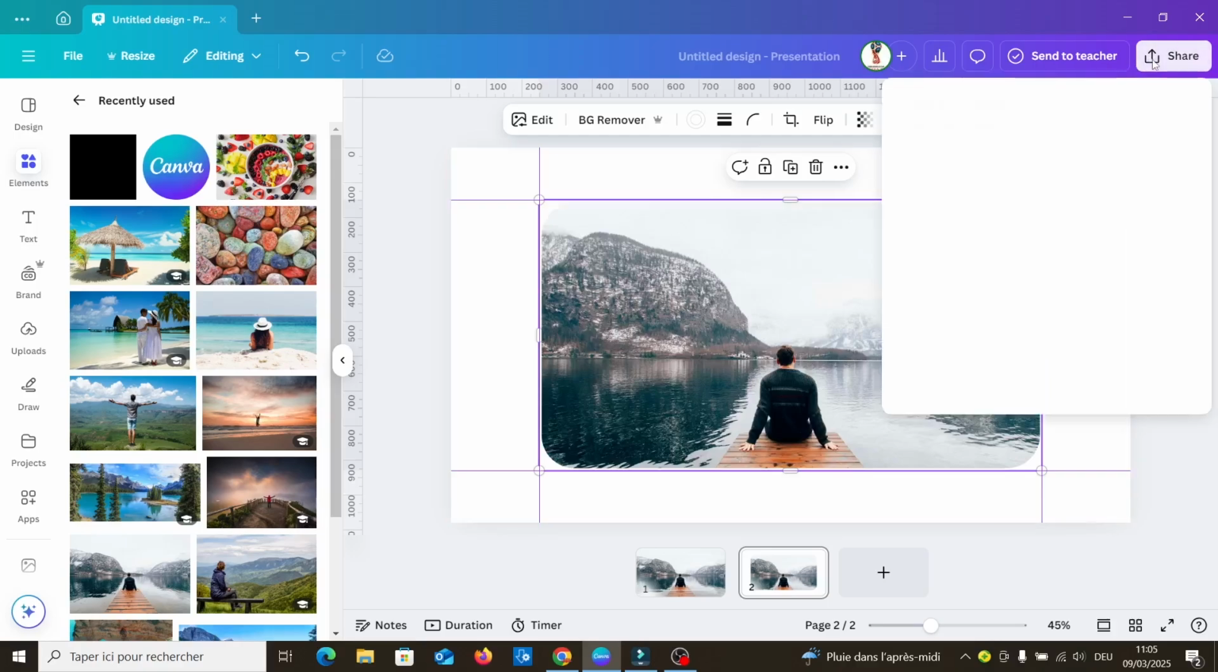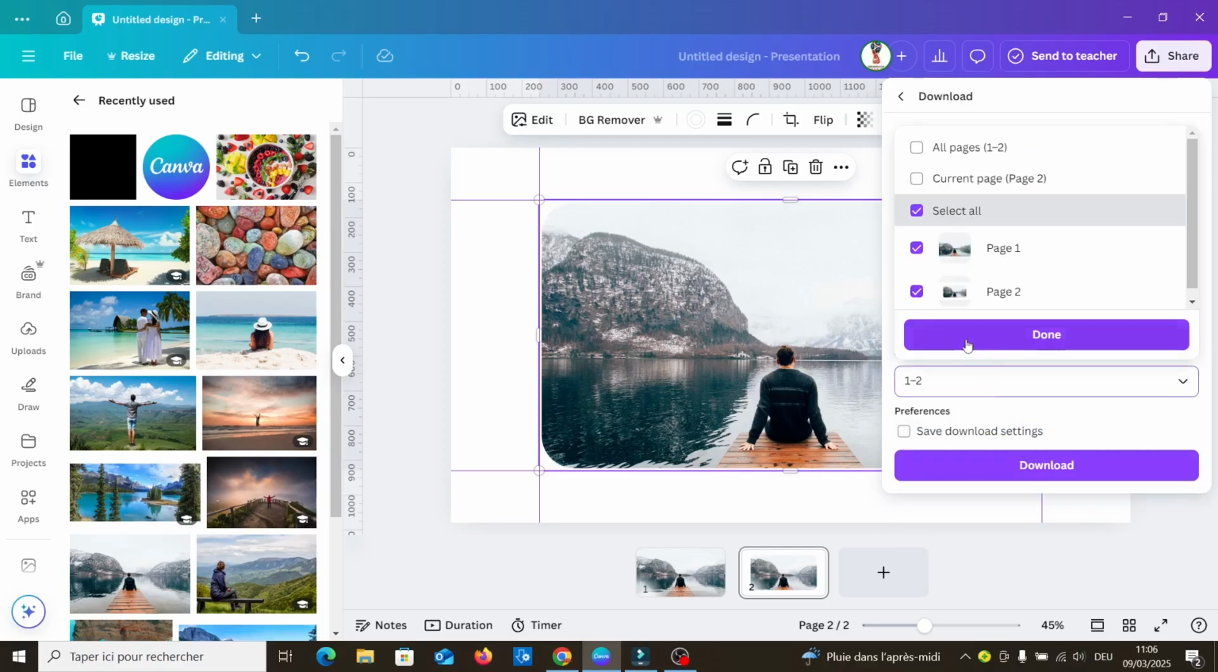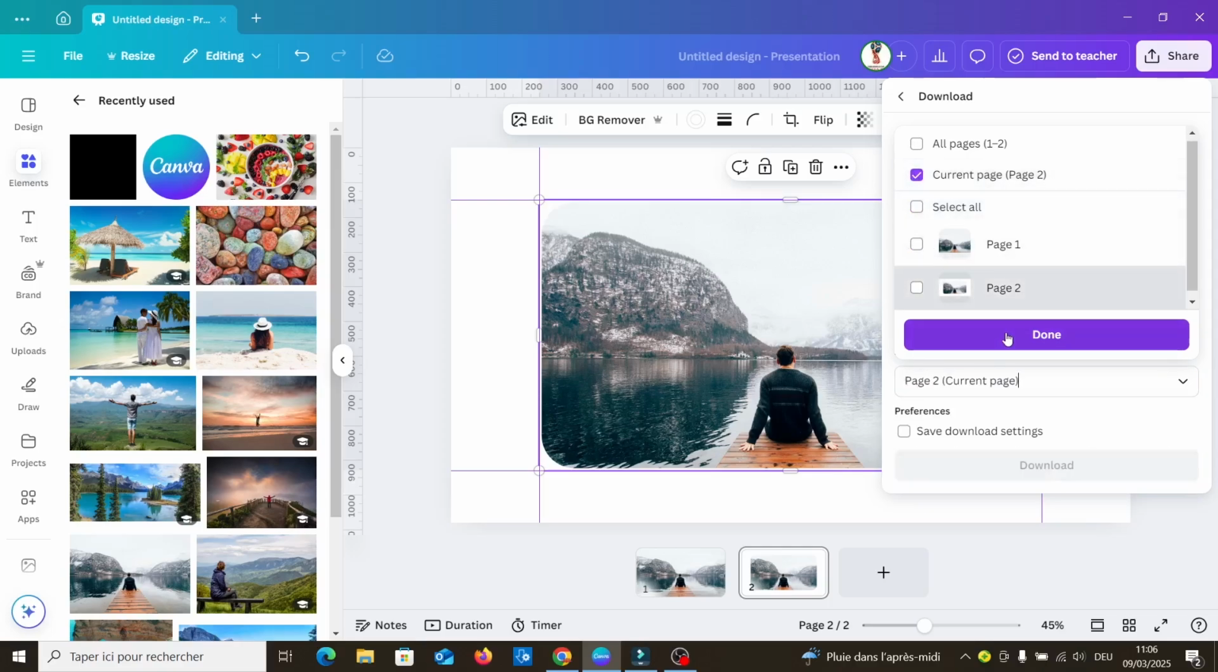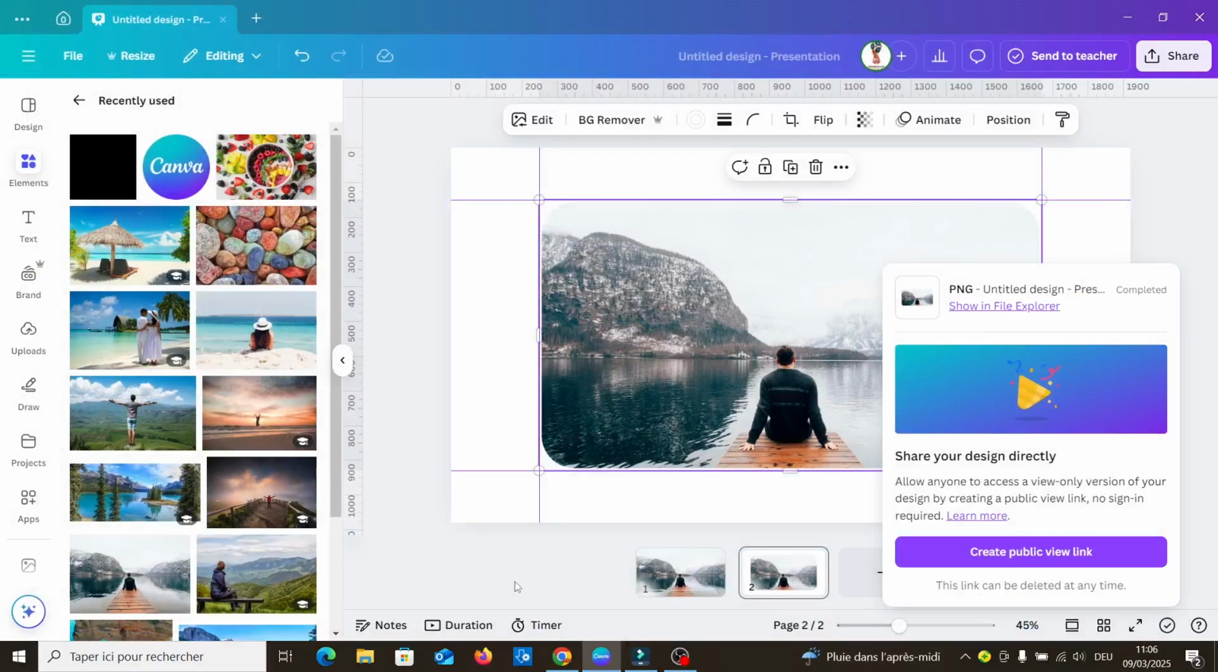then go to share, download it as PNG and transparent background. Choose just second page to download, then download it,